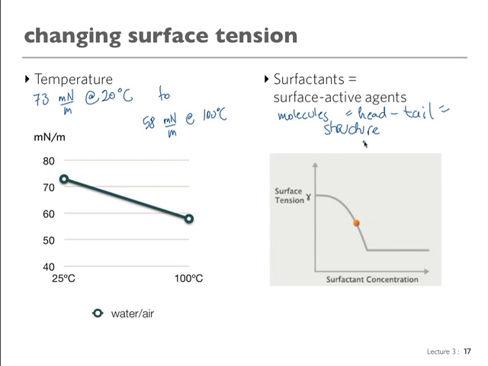Many times you will see cartoons of surfactants like this, that's the cartoon for the structure of its molecule. One end is generally hydrophilic, and the other end is hydrophobic,